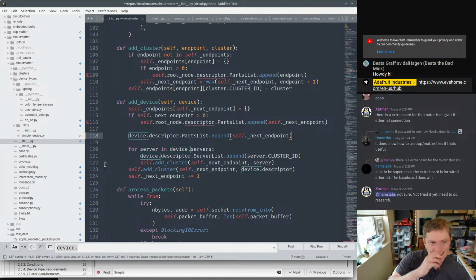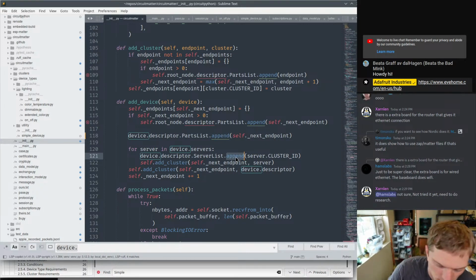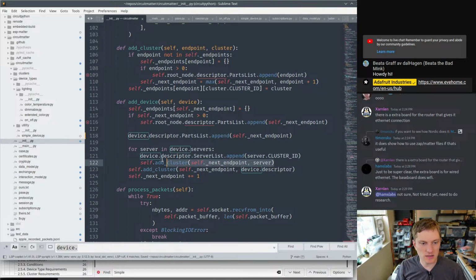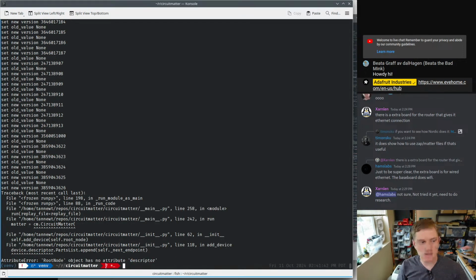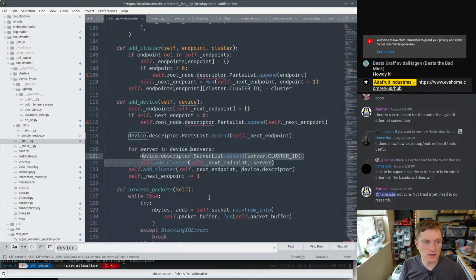Everything else gets initialized. Server list append. Server cluster ID. We could actually do that ourselves. It's fine. We won't do it ourselves now, because we're going to need this loop here anyway. So this is when the recording is really good, just to make sure that I didn't, yeah, see, so I like messed something up. Root node object has no attribute descriptor, and that's because it doesn't have the new inheritance